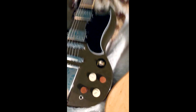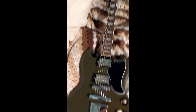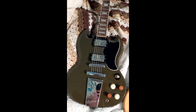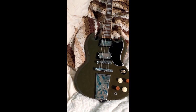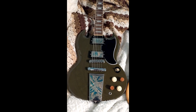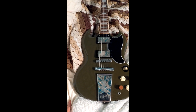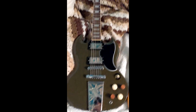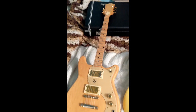Also switched out a couple of the knobs with these wooden ones. Just some quirky things that aren't just putting stickers on guitars, because I feel bad about putting stickers on guitars now. Just definitely gonna leave that for the two that I've caked in them. But this is like my first guitar, besides that Jet King from last time, that has humbuckers, which I was not even touching for the longest time because I was a very strictly Jazzmaster human. But I've definitely gotten a lot more used to the humbucker sound, which leads me to this guy,